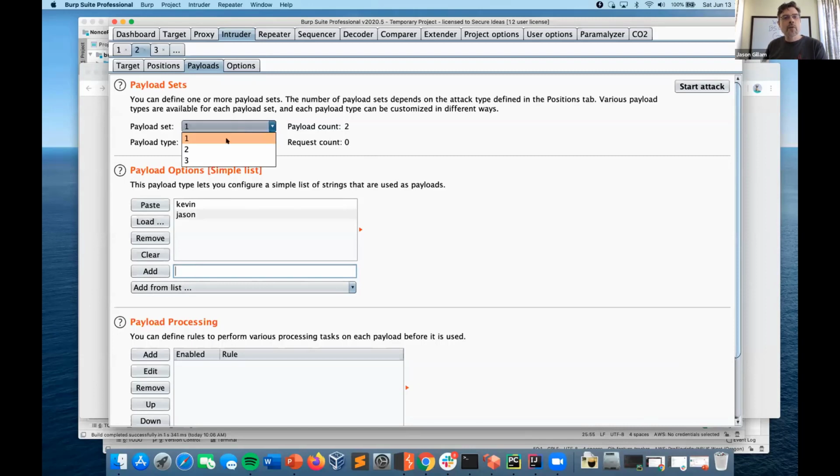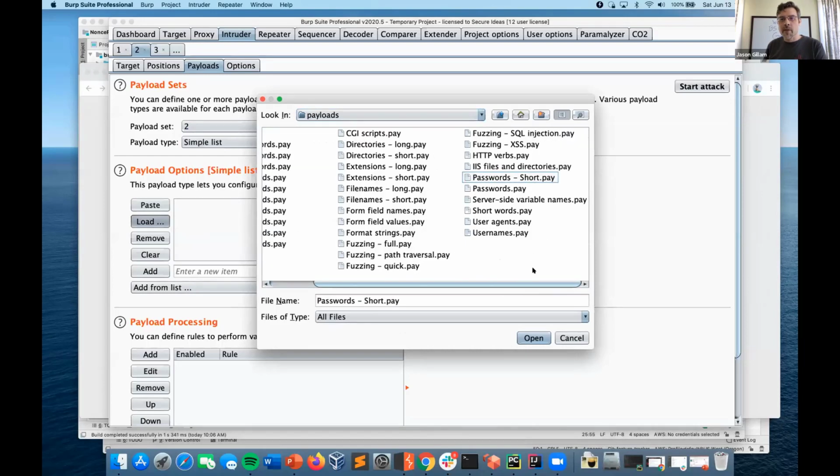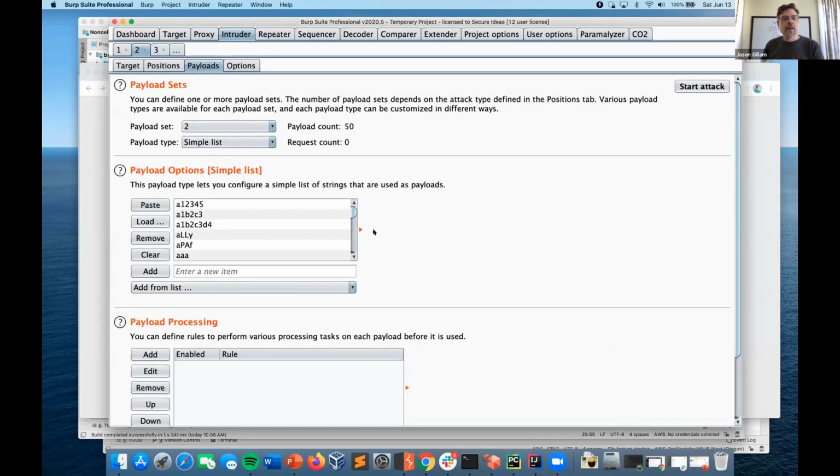The second one was our passwords. So we need a password list. I happen to have a short password list. I'm going to need a short one because I need this to run fast. And then for the third one,